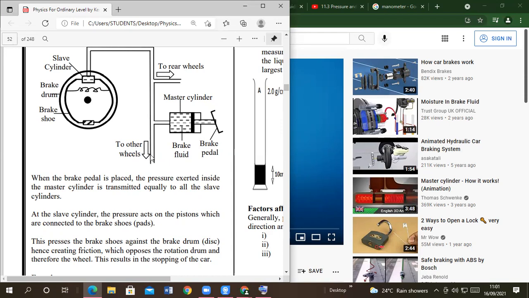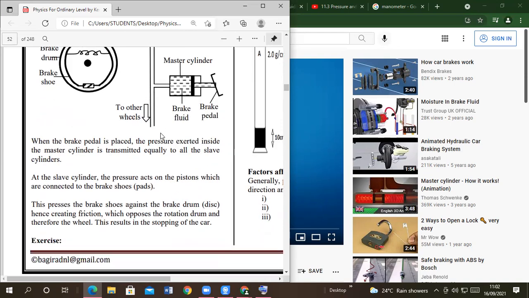So there are 4 wheels on the car. The brake fluid will be pushed to all those other tires, but using a smaller force that is applied on the pedal, and this will push the brake fluid through this rubber tubing. And once the brake fluid reaches the slave cylinder, it pushes the pistons, and those pistons touch the brake shoe, and the brake shoe will make the wheel come to a stop. So that is the hydraulic